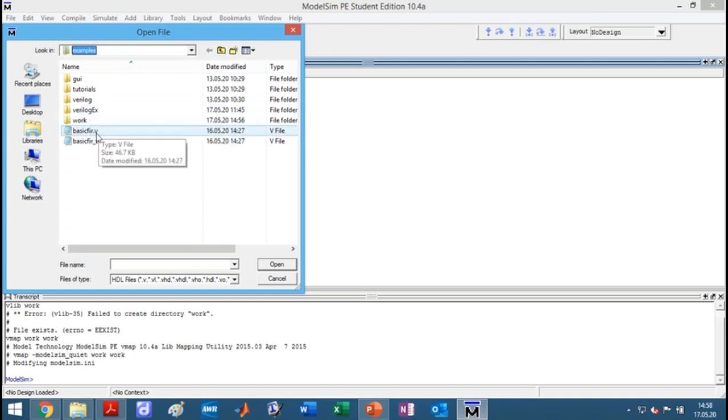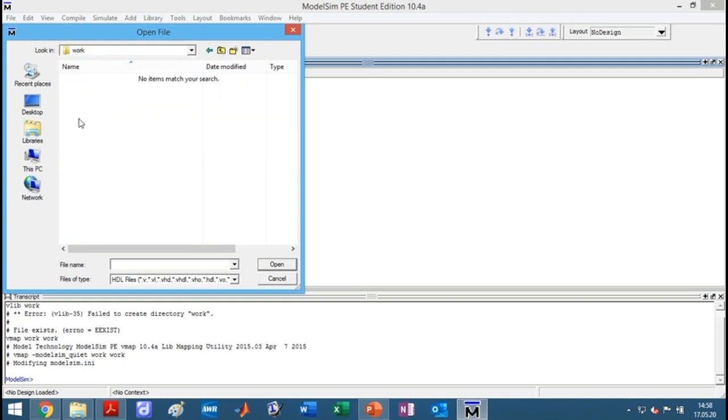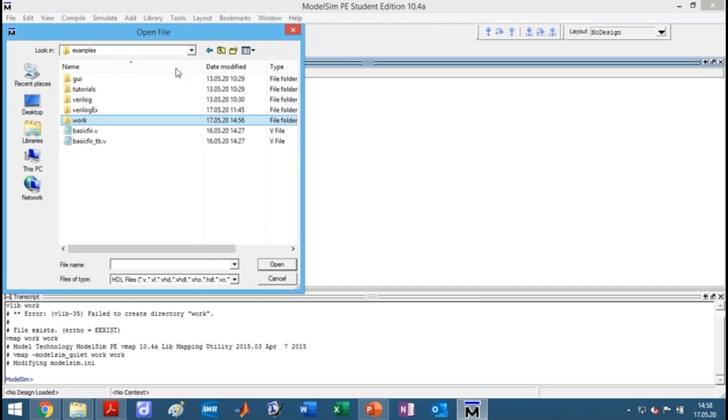I have also saved here the basic FIR and basic FIR test bench.v, the files that we generated last time in lab 1, and you can see this work directory which is empty, but we won't add anything to the work library from this interface, rather it will be added automatically to this library. So I go to Verilog